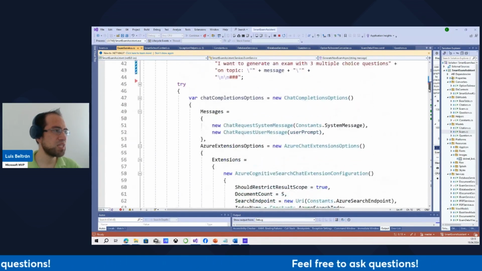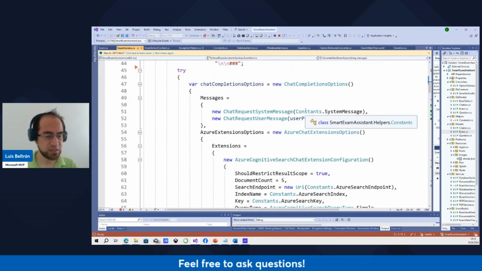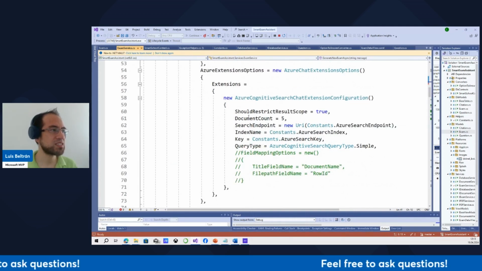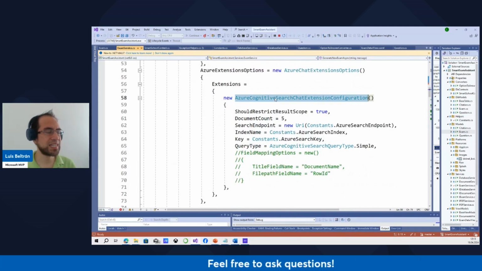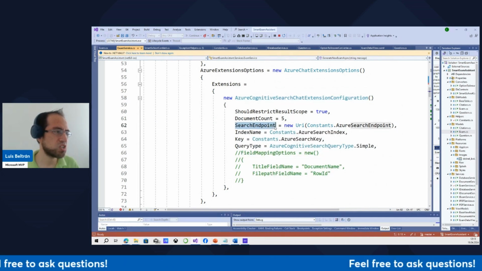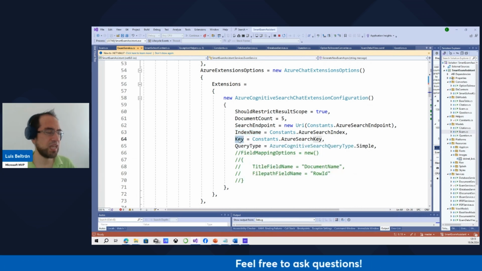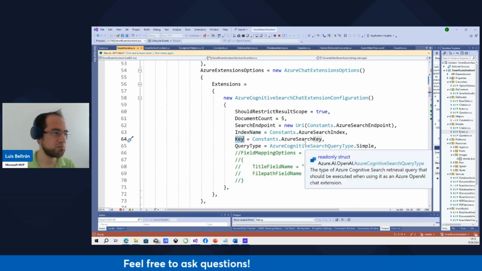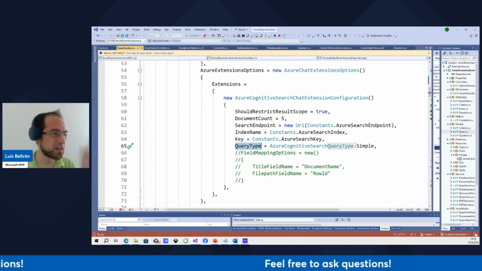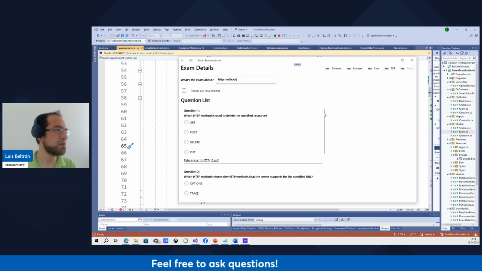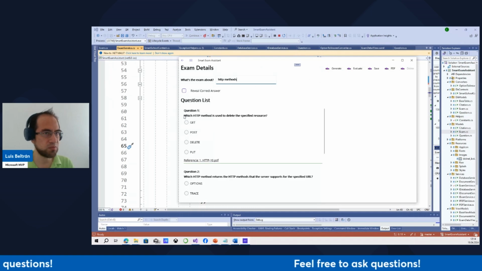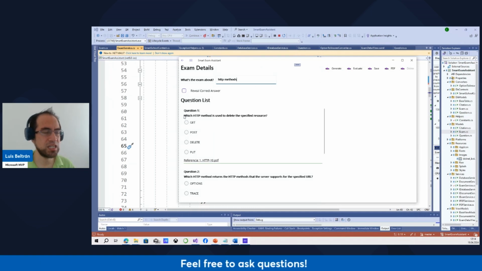But maybe something new is that besides sending a chat completion request, you also need to tell the request that we are using an extension, in this case, cognitive search. And you can see that I have some information like search endpoint, index name, the key of the search resource, which I already connected before. And also the query type. It could be simple, it could be complex. There are different types. And this is the result. This is taken from my notes, because of course, if I directly ask, generate a quiz, HTTP methods,